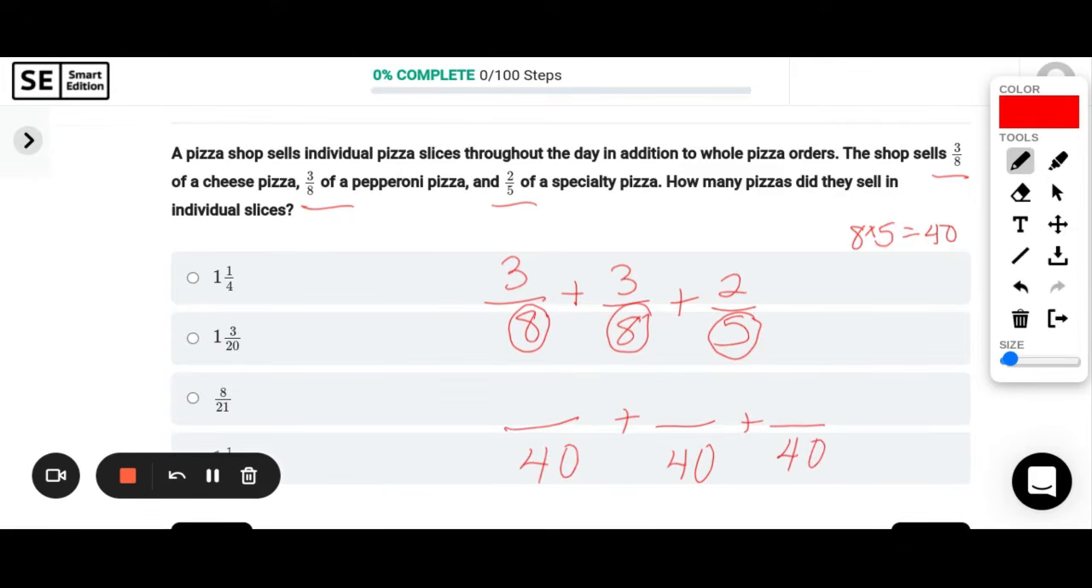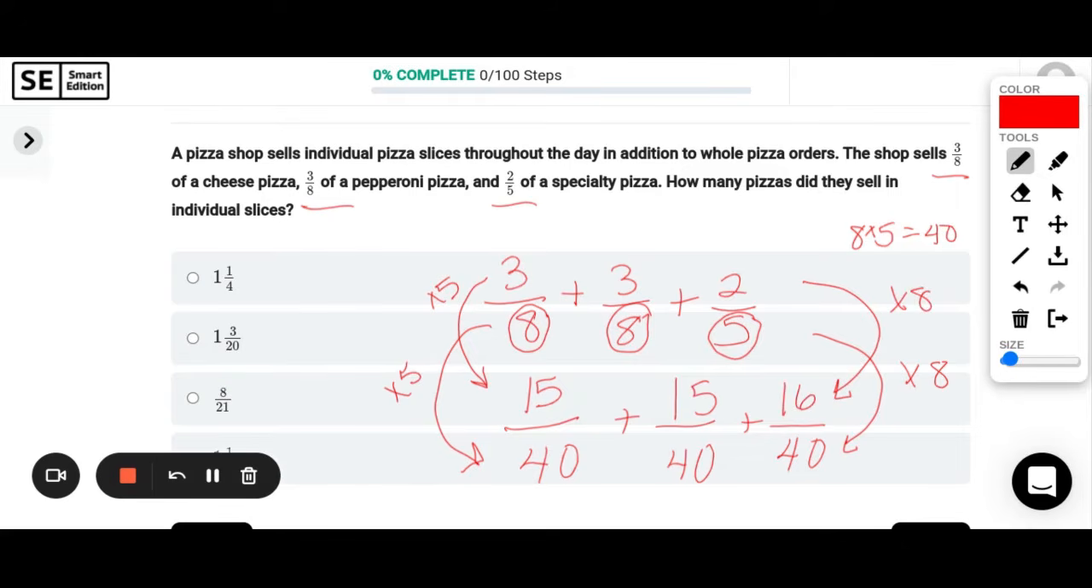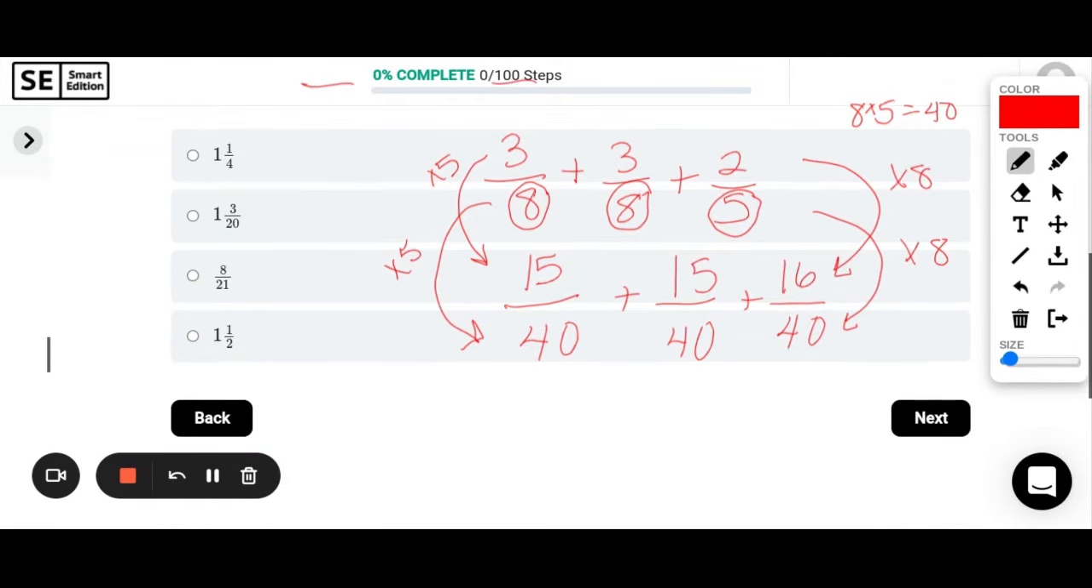To do that, I did 8 times 5 to get to 40, so I need to do 3 times 5 to keep an equivalent fraction. 15/40 is the same thing as 3/8. So 3/8 here will also be 15/40. And then 2/5, to go from 5 to 40, I multiplied by 8, so I'm going to do that on the top as well. 2 times 8 is 16. So now I can just add 15 plus 15 plus 16, which will give me